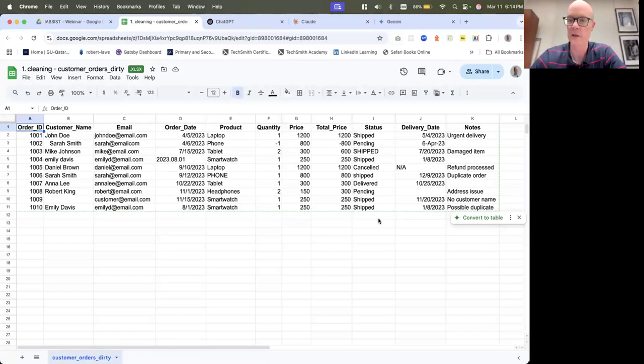So it's a customer order list, roughly speaking. And we have customer names, when they ordered, what they ordered, quantity, price, whether it's shipped, delivery date, so forth. So it's pretty straightforward in terms of the data here. But you can see the data is not in good condition, really. So what we're going to do, and this is what AI can do. Now, I could personally go through this and eyeball and see, oh, there's a problem here. We have some missing data here. Format issue, inconsistency here. I could do that manually, but this is only 10 rows of data. You can imagine what happens when we have 1,000 and so forth.